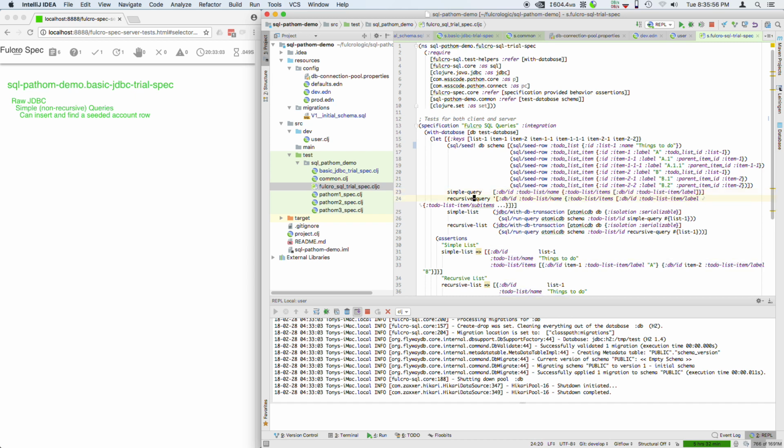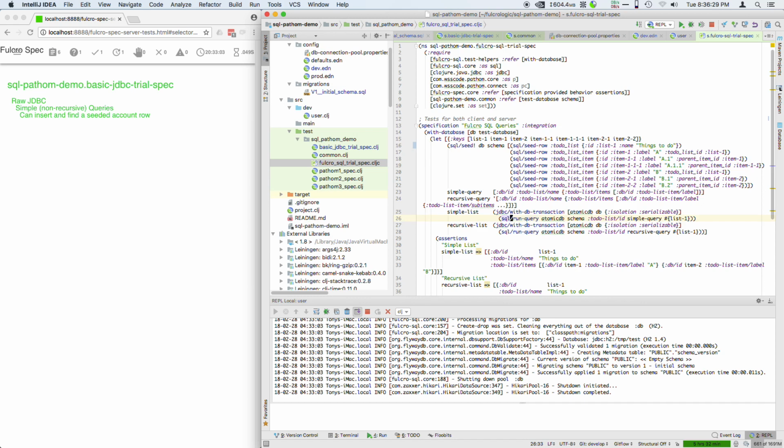A recursive query, I have to quote this because I'm going to use ... in it. It is going to ask for the name, the items, and then within the items, their sub-items, ... So that'll go as deeply as necessary. The JDBC library has this with-db-transaction that can set an isolation level, which is a good idea when you're walking a graph. And then I've just defined this simple little run query function